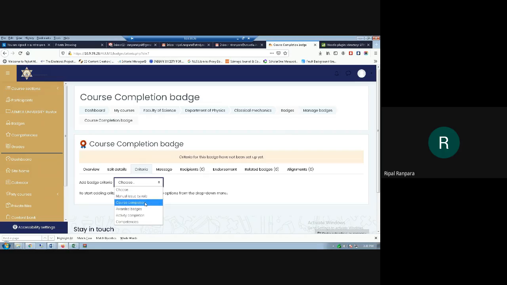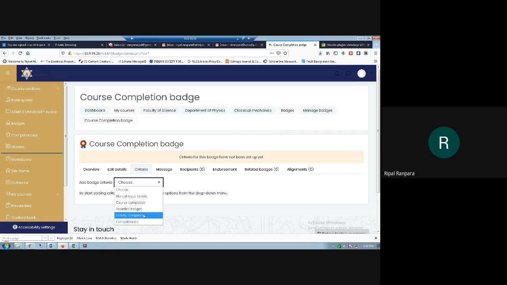Or course completion: whenever the student completes his or her course, automatically the badge gets issued. Or awarded badges, for a particular activity you want to issue the badge to the students, like an appreciation badge, then you can select awarded badges.